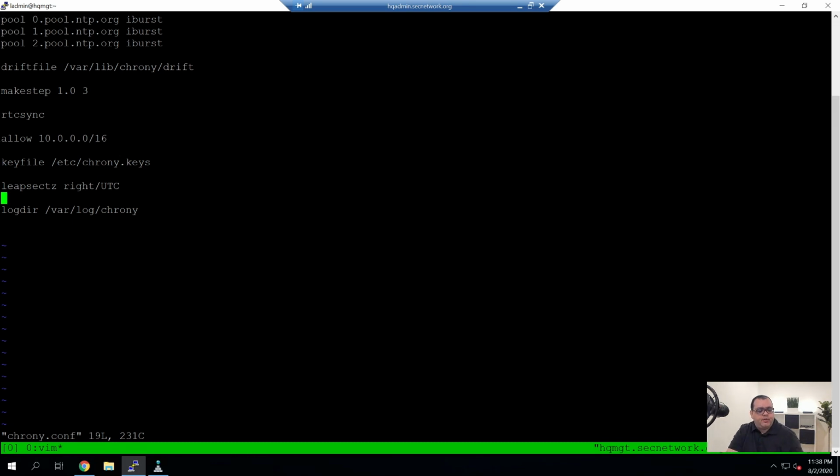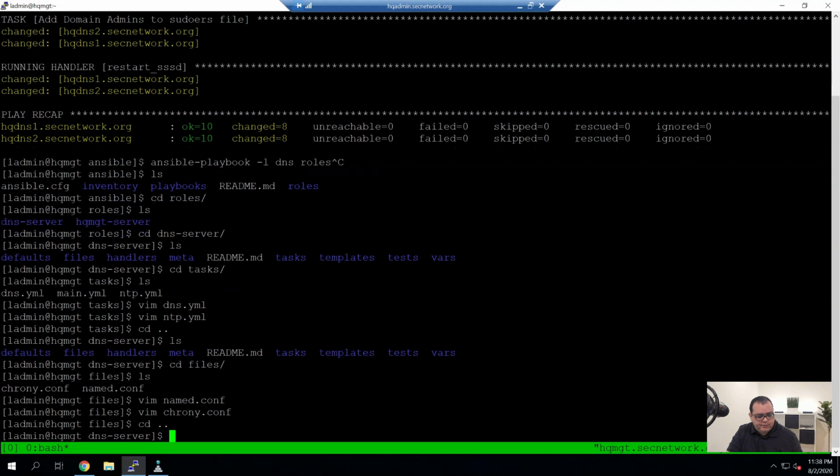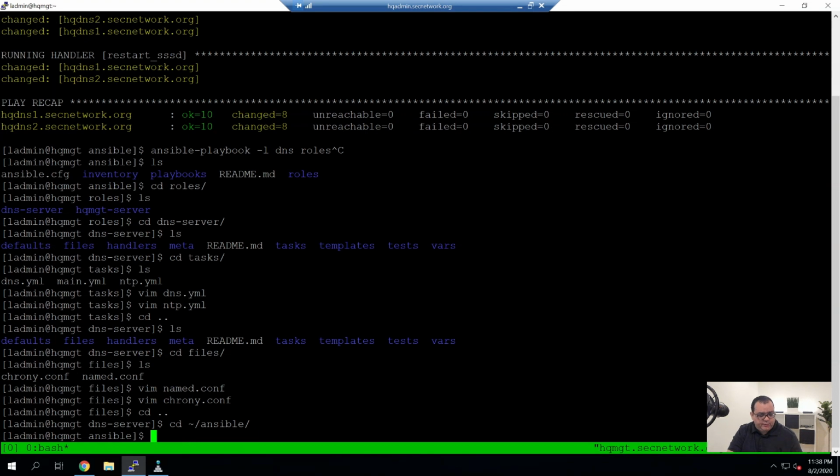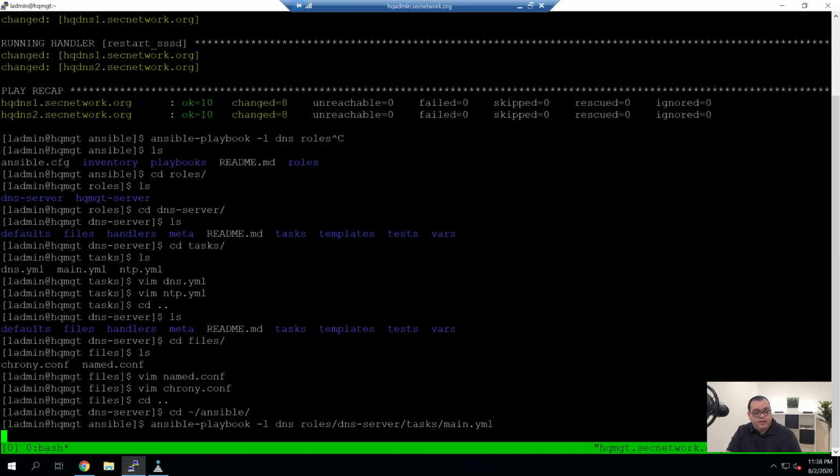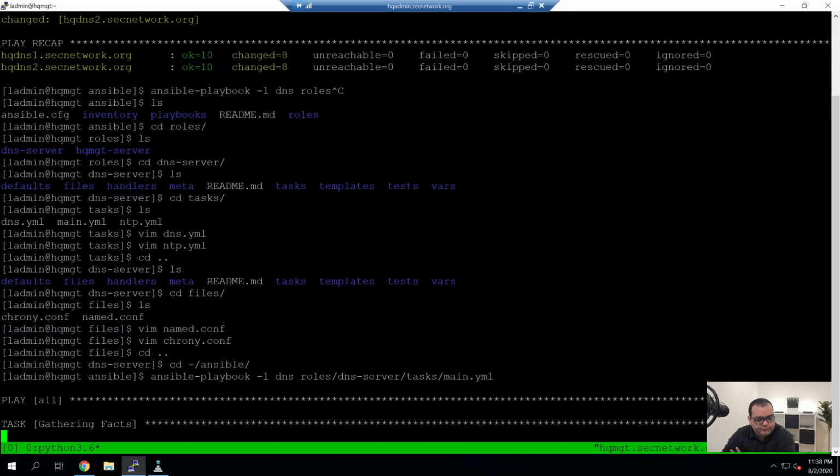So if we get back to the root, and we run ansible-playbook -l DNS roles DNS server tasks main, see what we have.